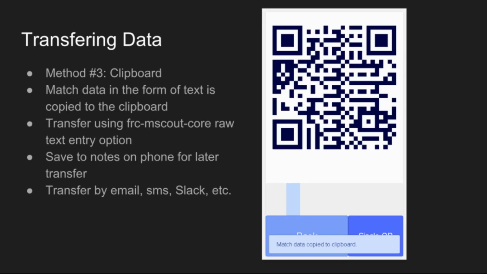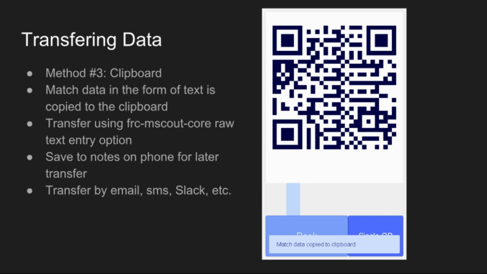The third option is for if you don't actually manage to get your data scouted and you need to scout the next match, since if you scout the next match, it will overwrite the current data. You'll notice that there's a little pop-up that says match data copied to clipboard, right? So now on your phone, if you go into your notes program, there should be some sort of notes program on your phone. You can just make a new note and copy that data by pasting it directly into your notes program and saving it. So later on, you can just send that